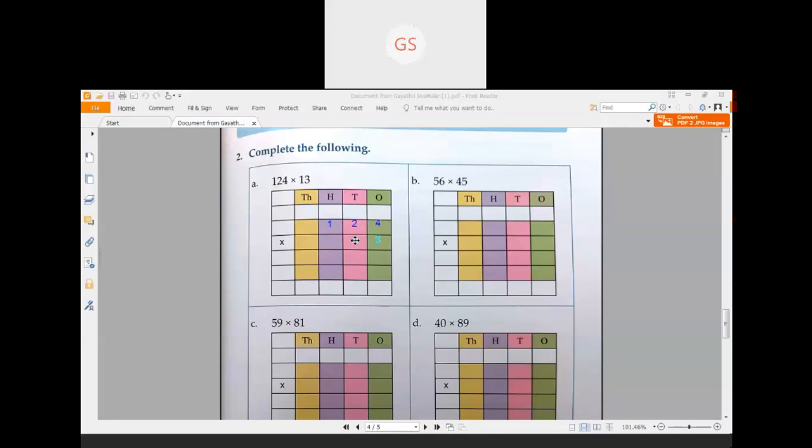4 threes are 12. Yes, 4 threes are 12. So you will write 2 here and 1 carry over, right? 1 carry over. Yes. Next one, 3 twos are 6. 3 twos are 6. Then 1